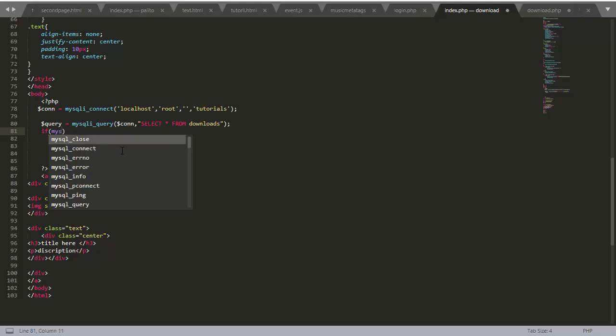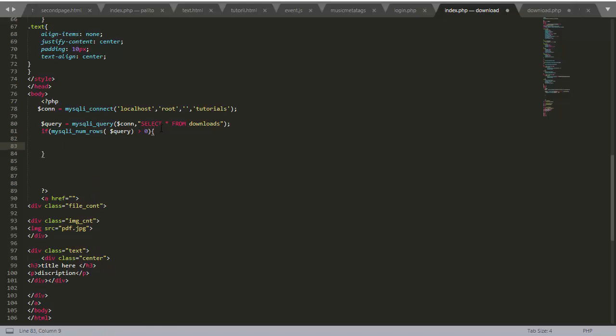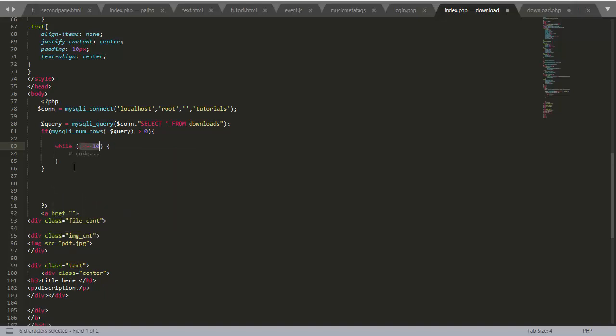If my mysqli num rows, the number of rows of my query, is greater than 0, then it works fine. I can then say I want to loop through each value in my database. So I want to use a while loop and say while